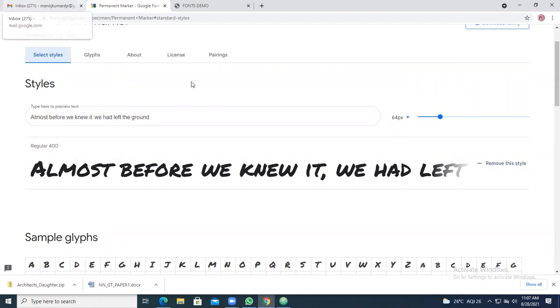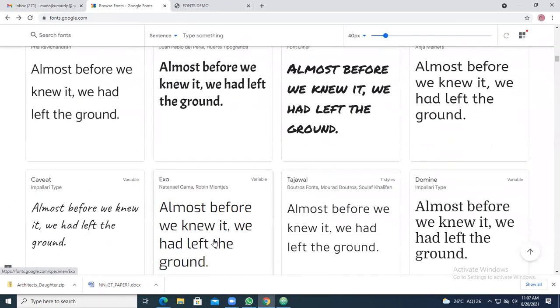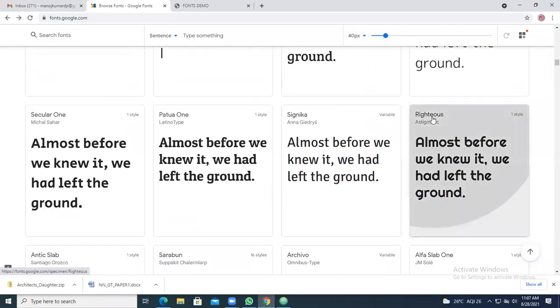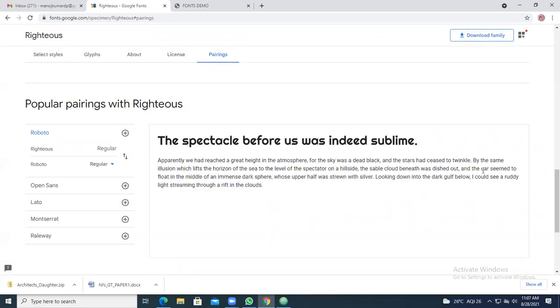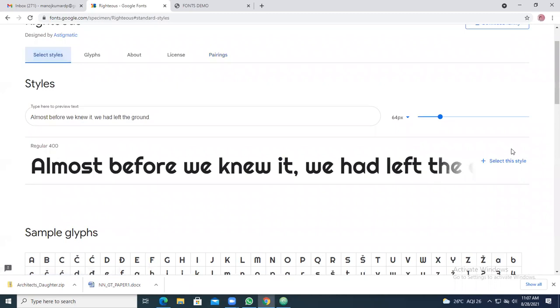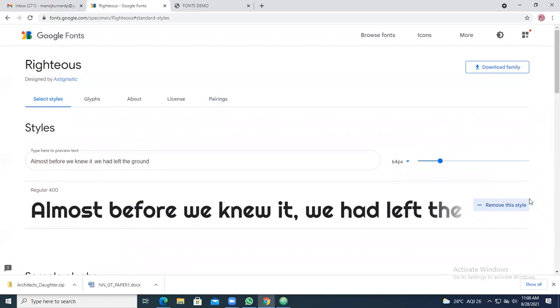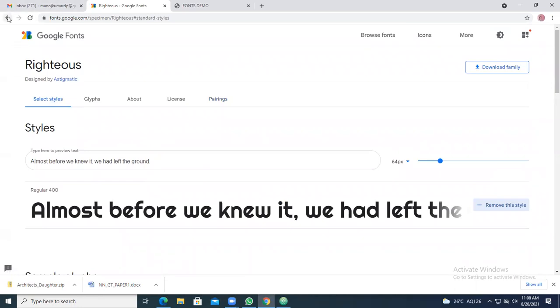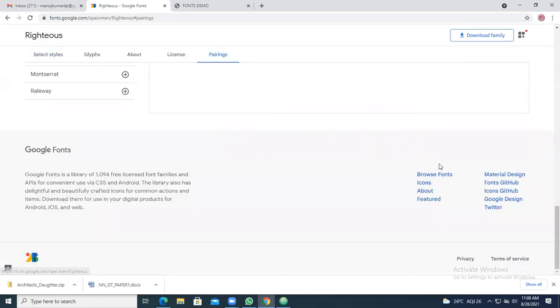So that is the demo of these online styles. You can take different styles like this. As you have taken one particular font, you can take like this. So that is the demo you can get. What is the new thing you will be getting?